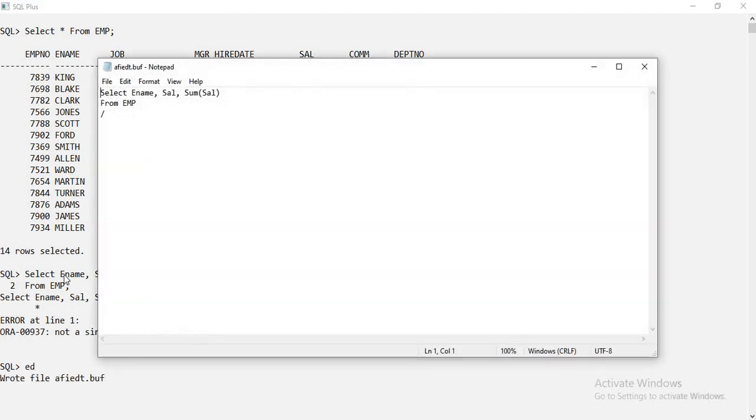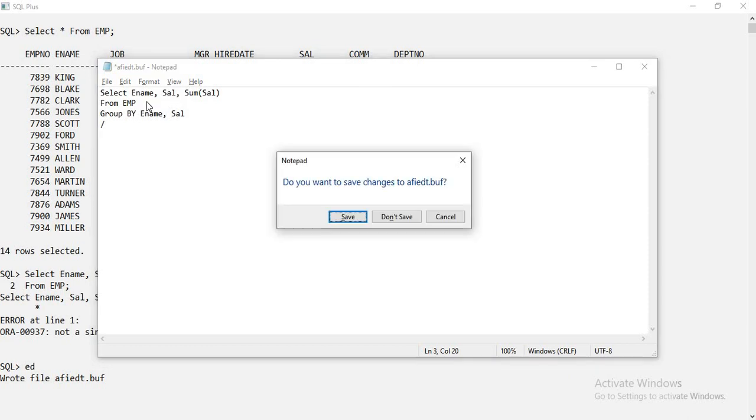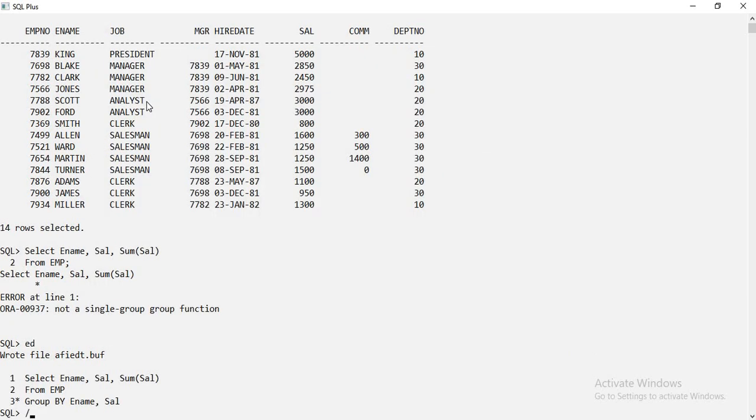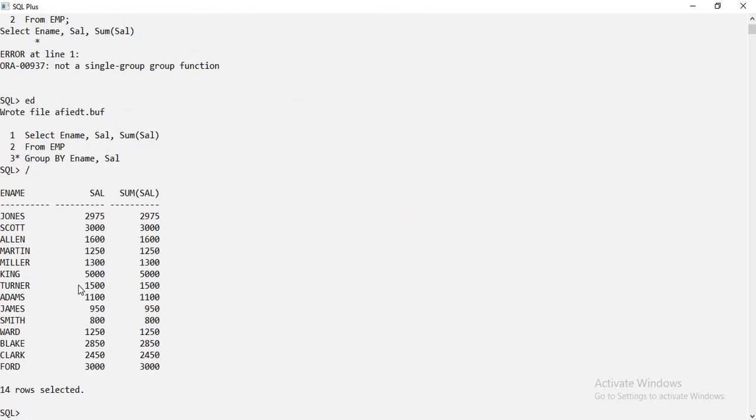To overcome that error, we start by giving group by ename, sal. Now again it is giving me the salary, and the grouping is done as per ename and sal. That is why I'm not getting the total aggregate, I'm only getting the row-level aggregate. The group by is done at the row level.